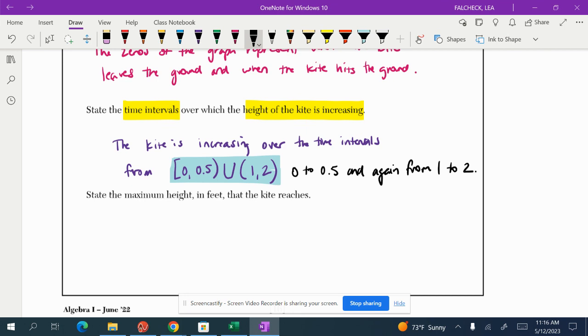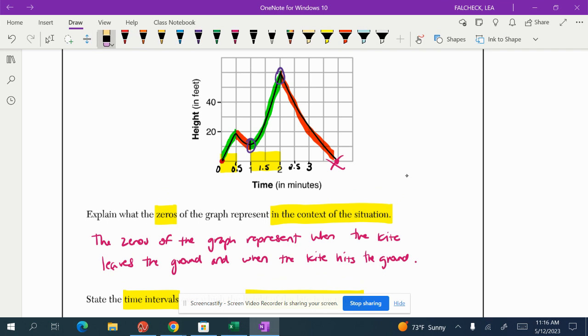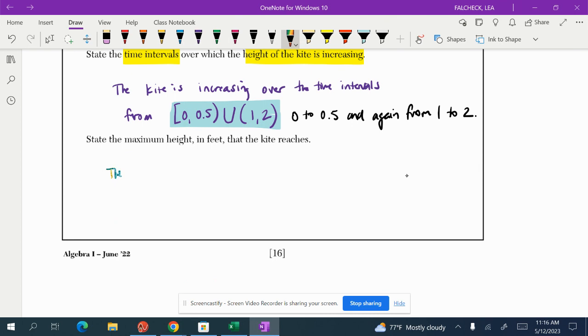State the maximum height in feet that the kite reaches. So what we're going to do is look at the graph and see where the kite reaches its highest height. It looks like the kite reaches its highest height right here. So we would go over and look on the y-axis and see what that height is. So we're going from 0 to 20 and there's one box in between. So it looks like we're counting by tens. So this height here would be the,